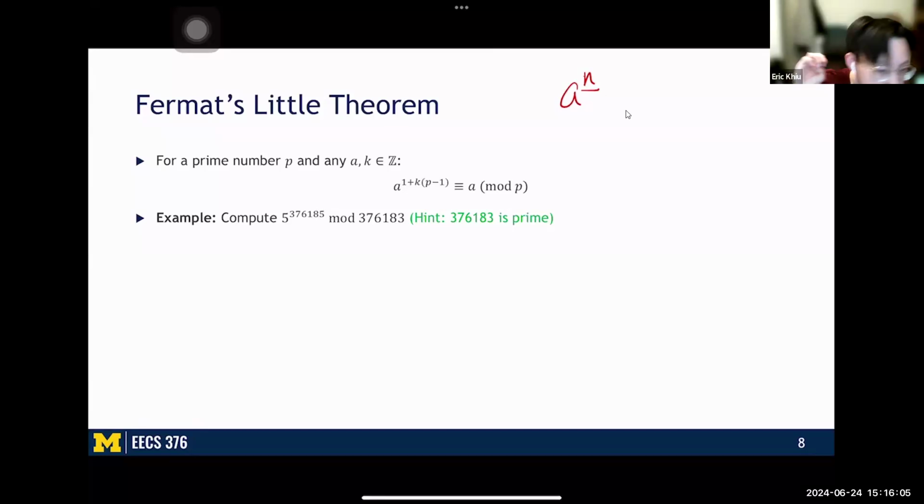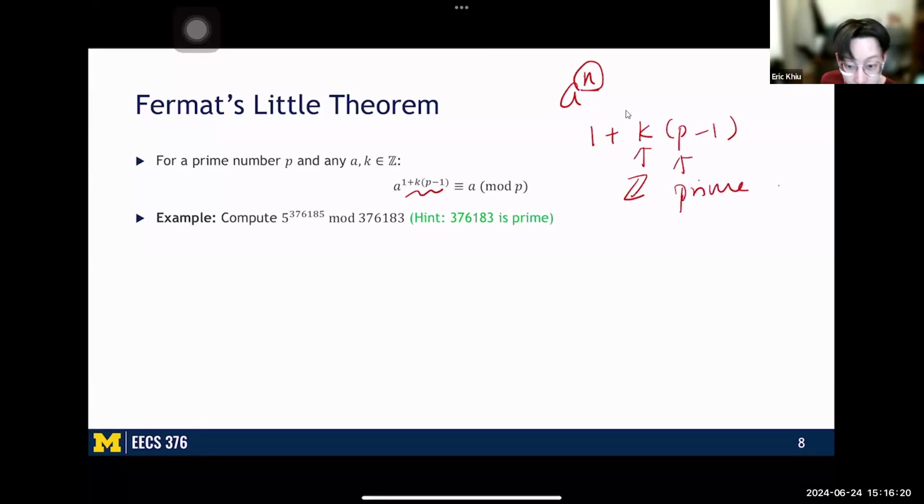But here, FLT says if you could express n in this form, 1 plus k times (p minus 1), where k is an integer and p is a prime, then we could directly simplify this to be equivalent to A in mod P. Okay, so for example over here, let's say I want to compute 5 to the 376,185 in mod 376,183. And we're given that this is a prime. So